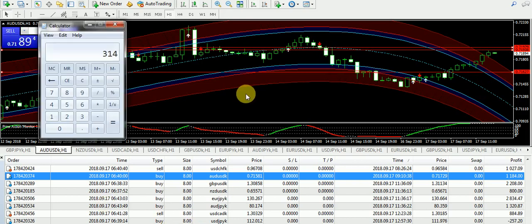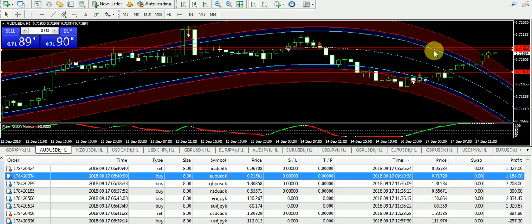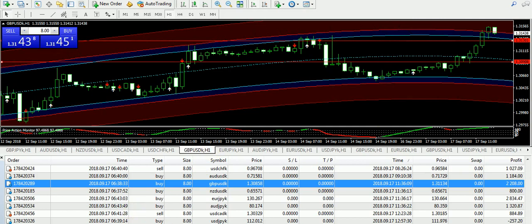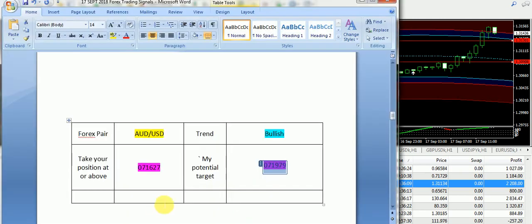Now let's count the number of pips. 627, 938. So we can say 311 pips on AUD USD today. So hopefully all subscribers have taken the buy positions as per my recommendations and they must have booked the massive